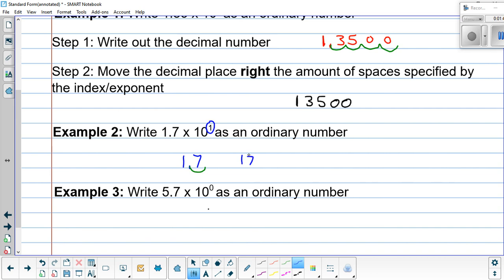So you can use a whole bunch of different reasoning to make sure that you're going the right way. So this value here is just simply 17. And lastly, we want to write 5.7, and then, well, we're moving it no times. So we just keep it as 5.7. I put that one almost there as a little bit of a silly one, just to show you that, hey, we're still going to use this idea of 10 to the power of 0. Anything to the power of 0 is 1, so if you see that right away, you can just take out